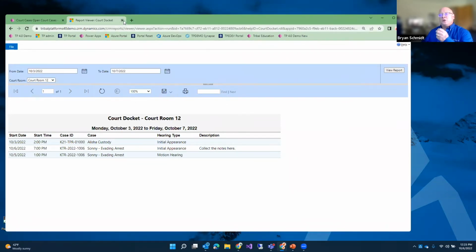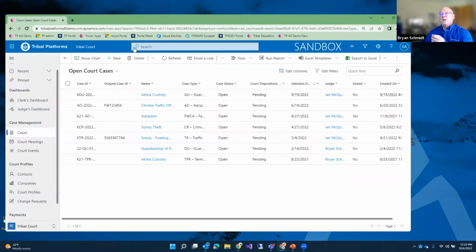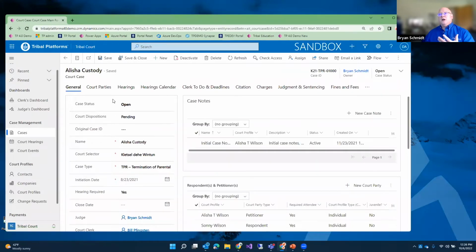So that's another aspect of why we've chosen this platform, is that it gives us a very flexible and robust ability to adjust this overall solution to specific court requirements that you might have that we haven't implemented in the core solution. And that's exactly what we did with Sonia and her team at Shingle Springs. So now let's take a look at maybe a couple different types of cases. So one, we can say, all right, I'm going to open up this case, and now I can see its status, and I can track this as either open or closed.